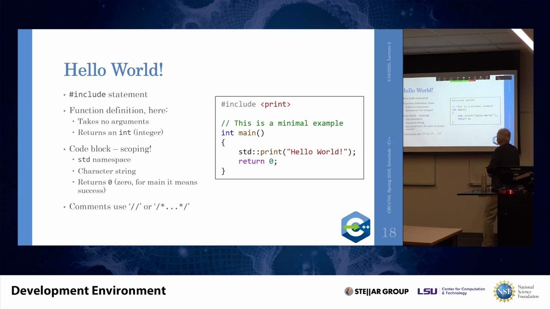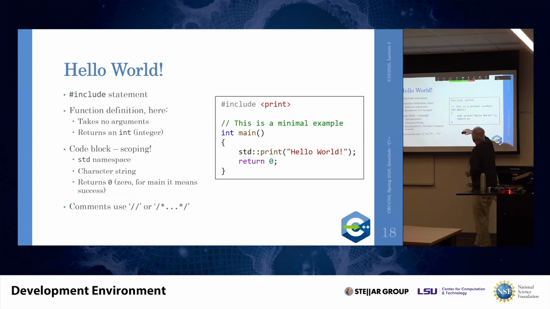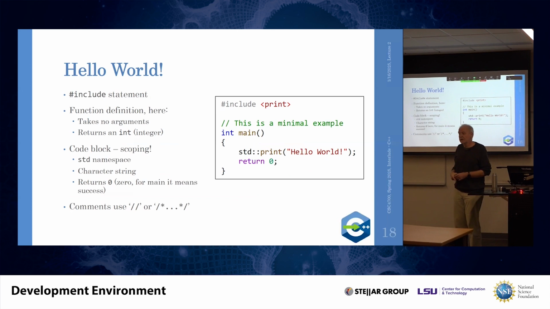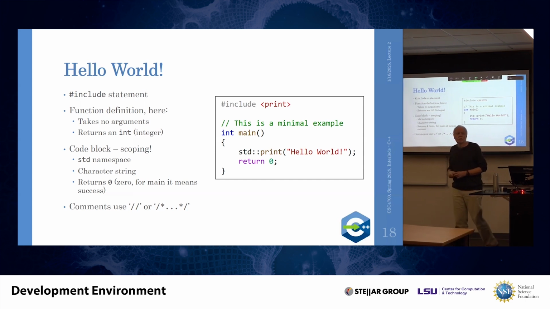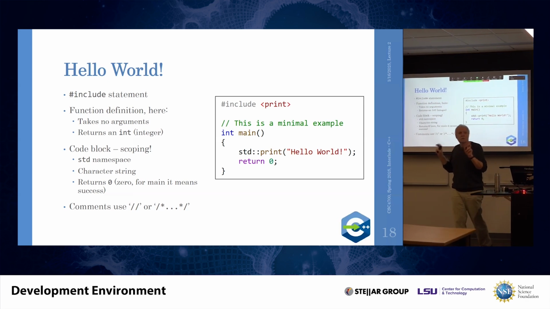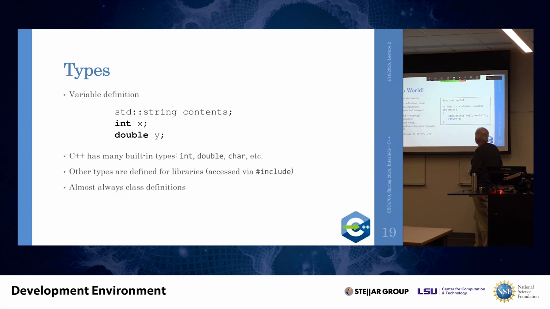Very quickly again, hello world: the include statement makes the print function available. No arguments. Comments are everything that follows the double slash, or inside that classic C-style comment. Otherwise, I think it's self-explanatory. This is a string, which is very similar to Python when you know Python, so you shouldn't be surprised there. You can't use single quotes for strings in C++, so you always have to use double quotes for strings. Otherwise, I have said all of that already.